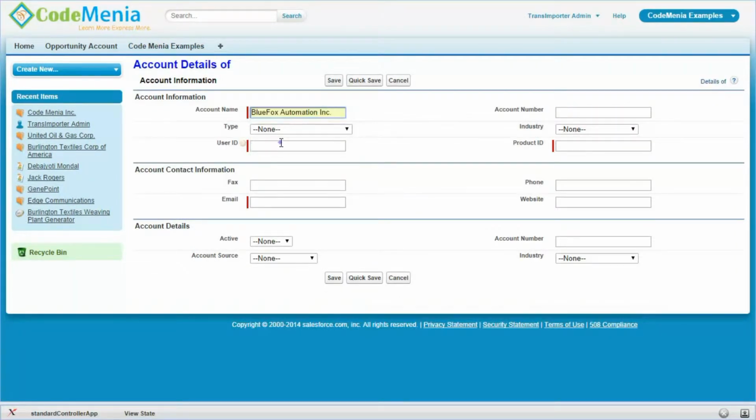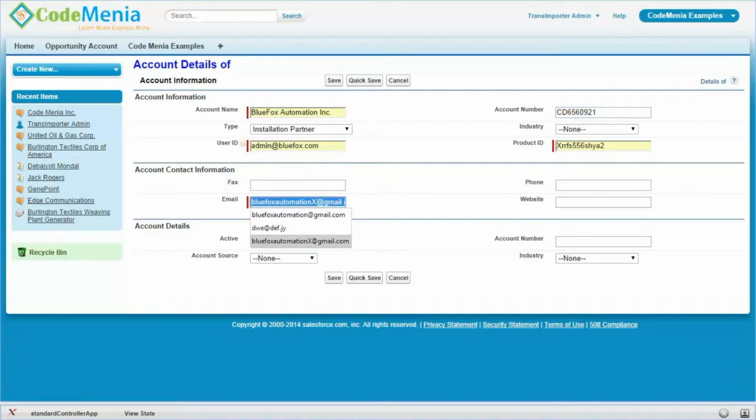Now I am going to demonstrate the quick save action. Quick save is a standard controller method which will save the record and display the Visualforce page without redirecting to the detail page.